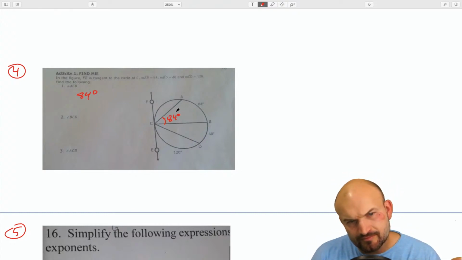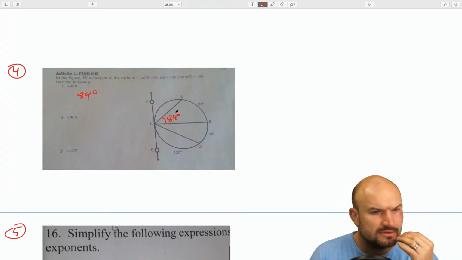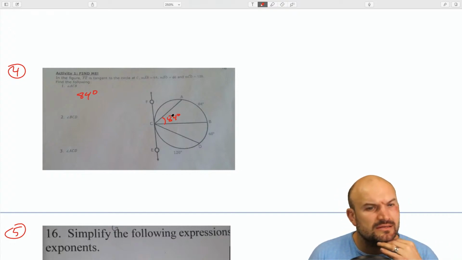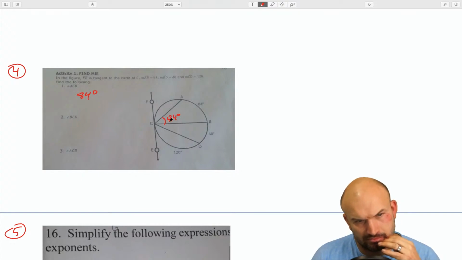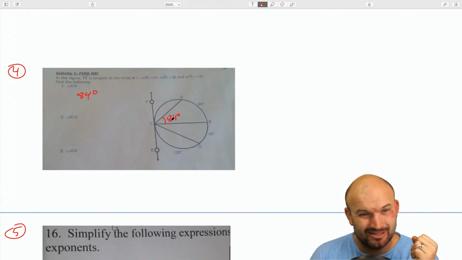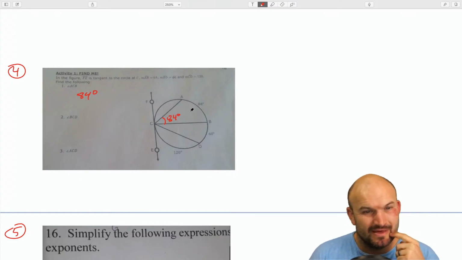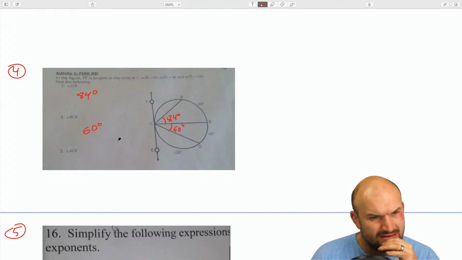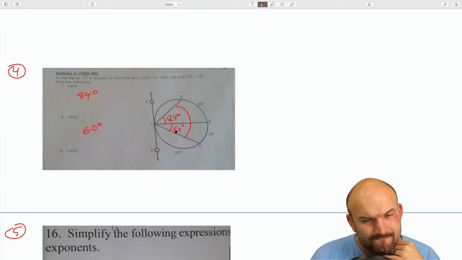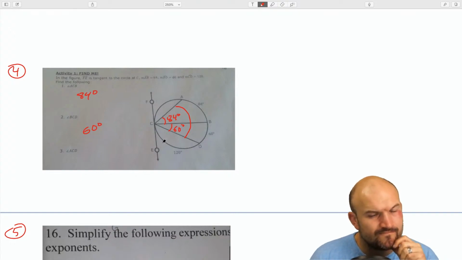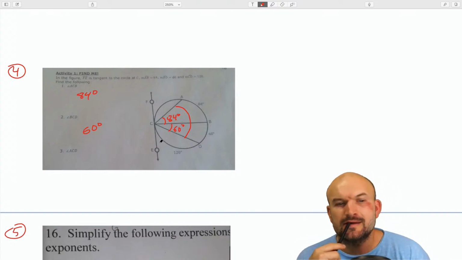Which that looks, doesn't really look that great, that 84 degrees. So I'm not sure. That B, C to D. So then this one would be 60 degrees, if I remember correctly. And then ACD. So ACD, well, that's just going to be the sum of those two. That doesn't look right. Because that'd be 140. That'd be,